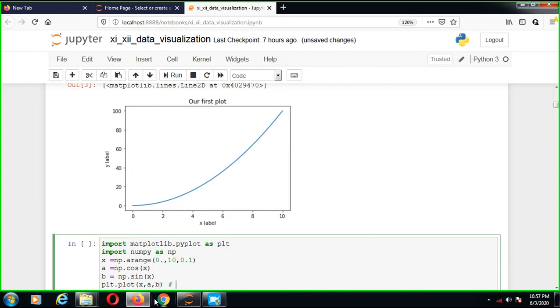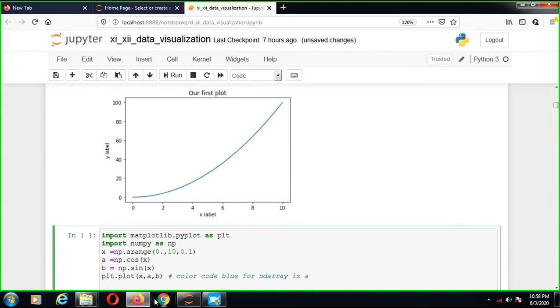So the color code blue for the ndarray is a. Now plt.plot(x, b, 'r').